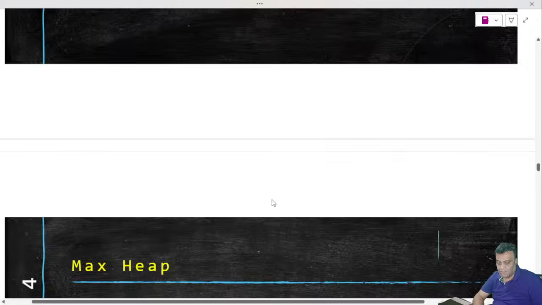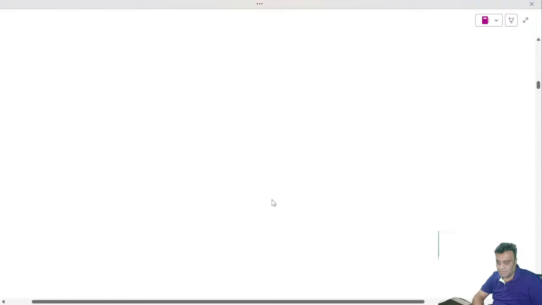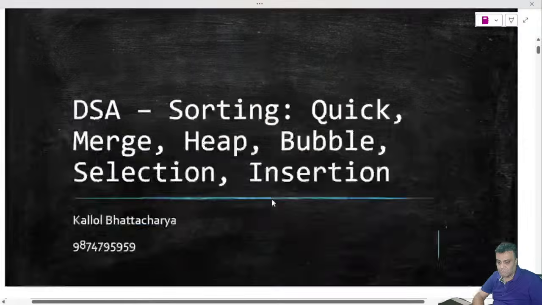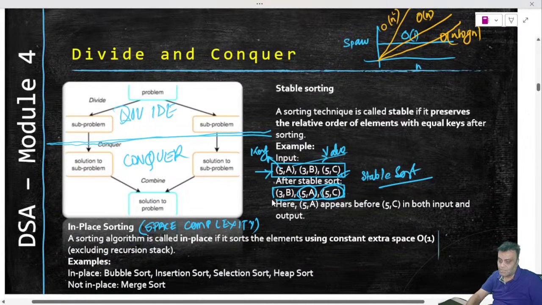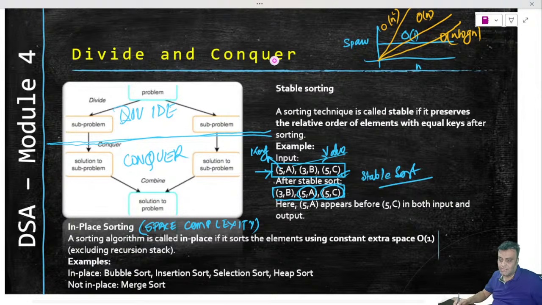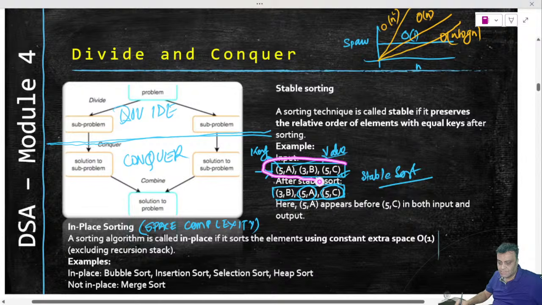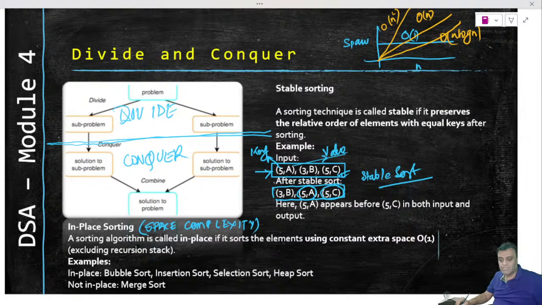when we started doing this session, we talked about stability. I'm not sure if you attended that portion. So this is stable sorting, and in stable sorting we have said that if my input is like this and I have to sort this on the basis of the first number, 5, 3, 5, and I said that each of these is one unit. 5 and A is a key value pair, 3 and B is one key value pair, 5 and C is one key value pair. So what do you see?